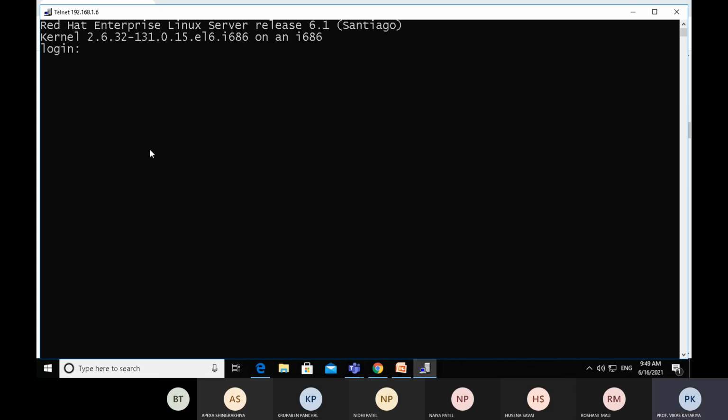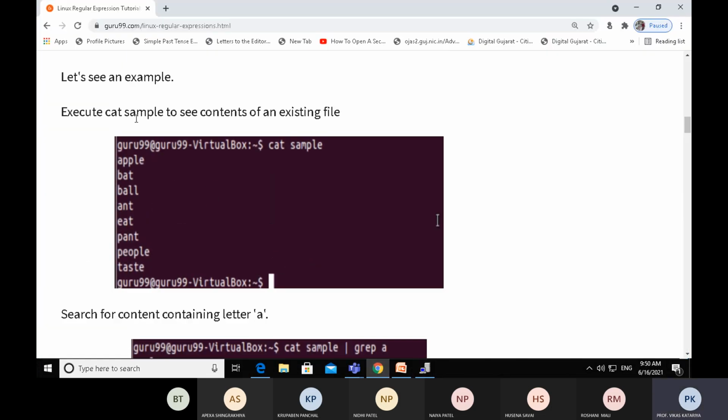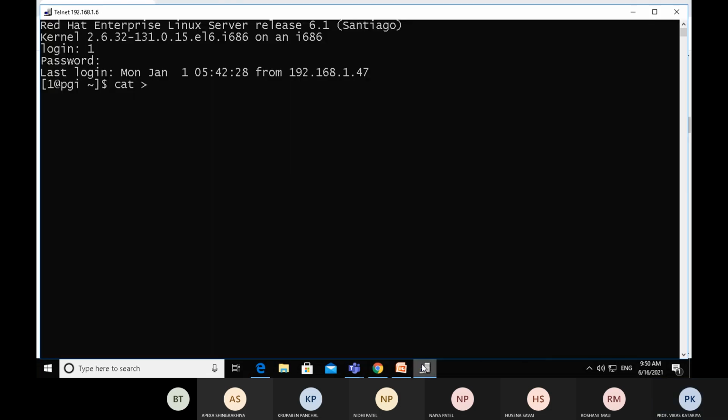Right, we have connected with our Linux server. Mention the credentials. Right, we have connected successfully. And first we have to create a file. The name of the file he is mentioning here: sample.